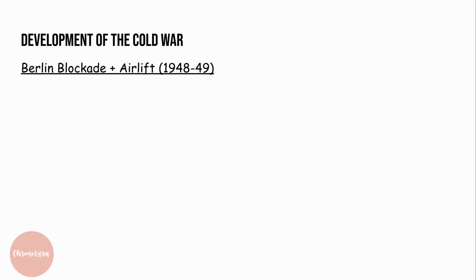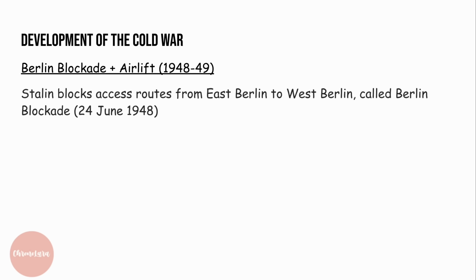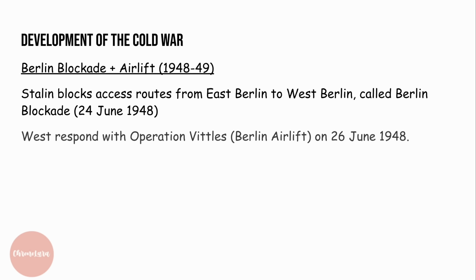Berlin blockade and the Berlin airlift. Stalin decides to block access routes from East Berlin to West Berlin and called this the Berlin blockade, and this began on the 24th of June 1948, in hope that the Western powers would just leave Berlin and he would have it all. However, the West respond with Operation Vittles, which is the code name for Berlin airlift, and this